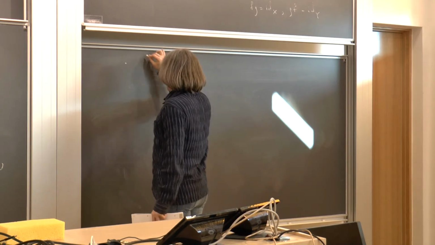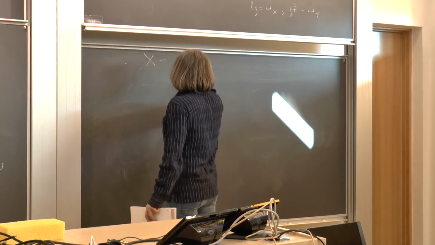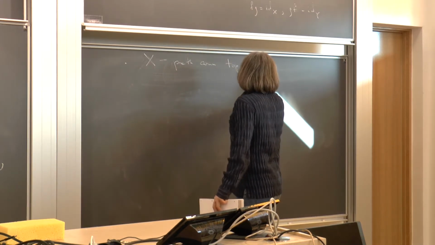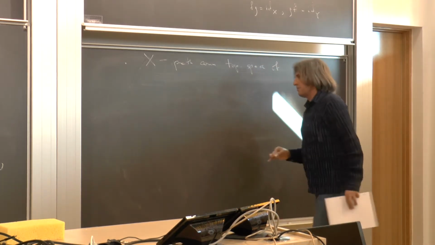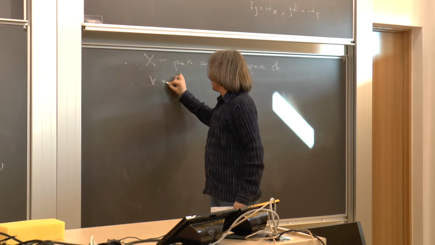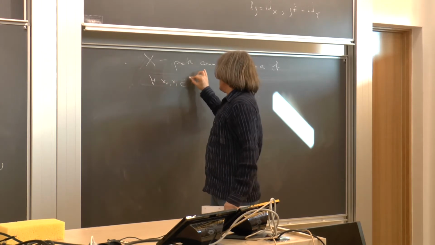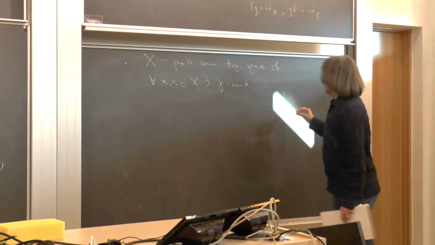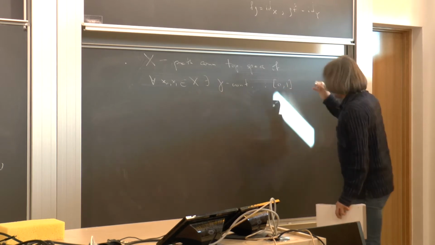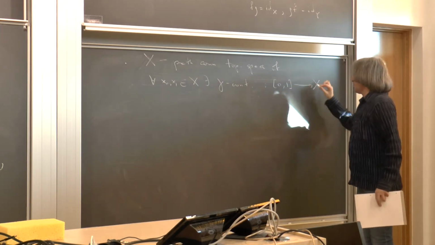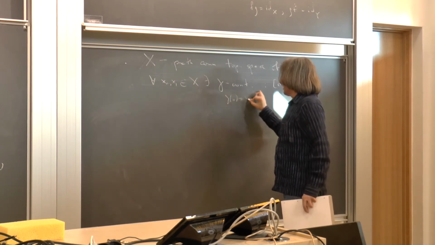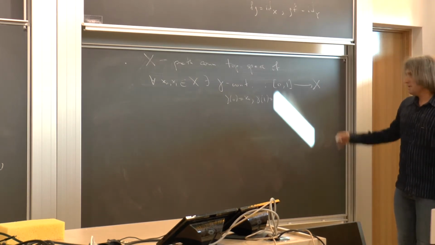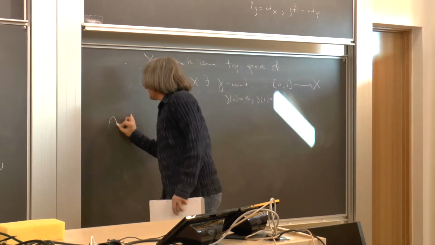So X, a topological space, is called path connected if for every two points x0 and x1 in X there exists a continuous map gamma from the unit interval as a topological space to X with gamma of 0 equal x0, gamma of 1 equal x1. We had it for subsets in C, but there's another notion of connectedness,